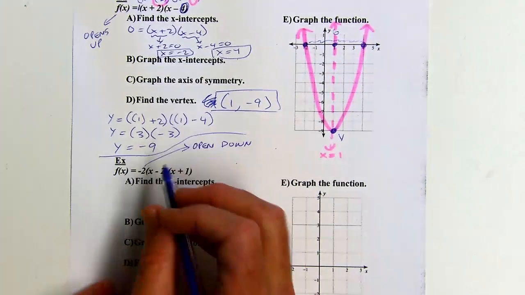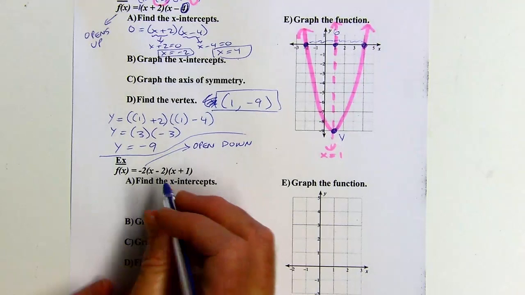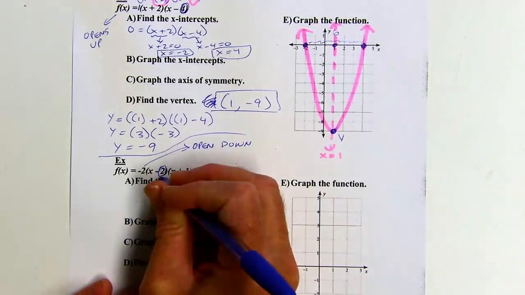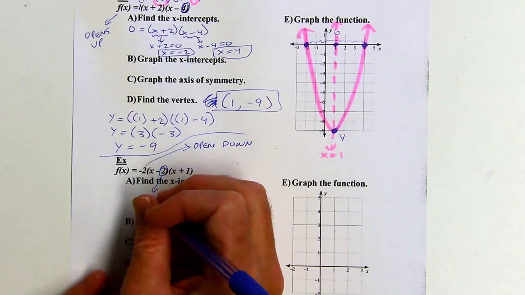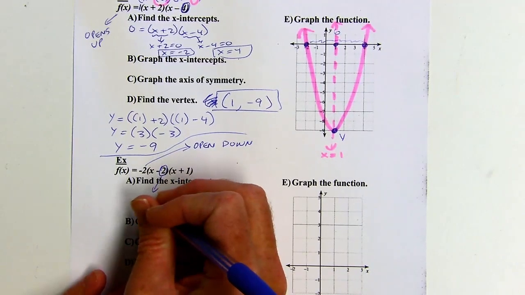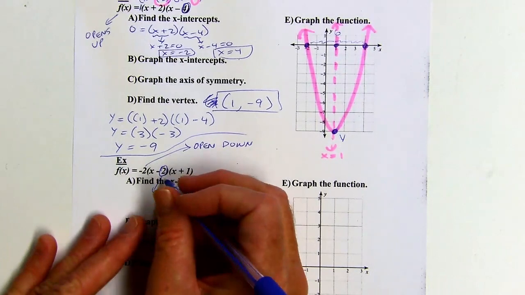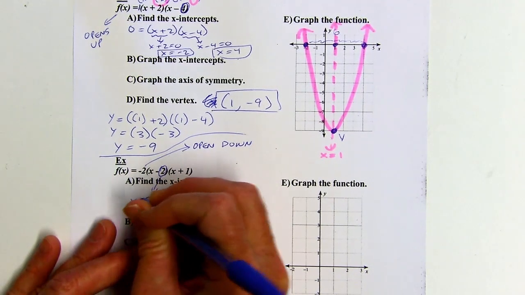So you can take both of the parentheses and set them equal to 0, but you can also just think what's subtracted from each x. Well, positive 2 is subtracted here. So that means one of my x-intercepts is going to be 2. You could say that it's the point (2, 0) if you wanted, or you can just say the x-coordinate is 2. So x would equal 2. That's one of my